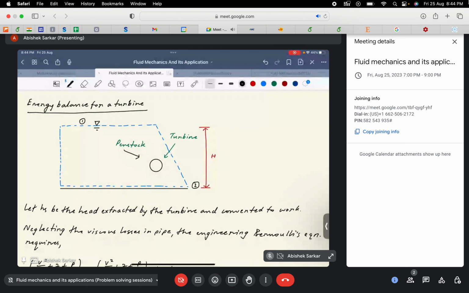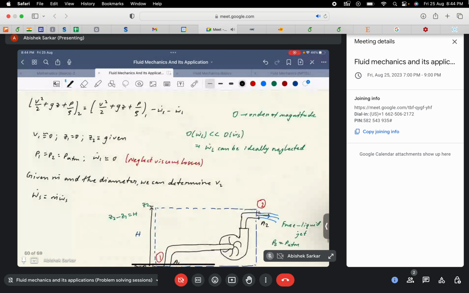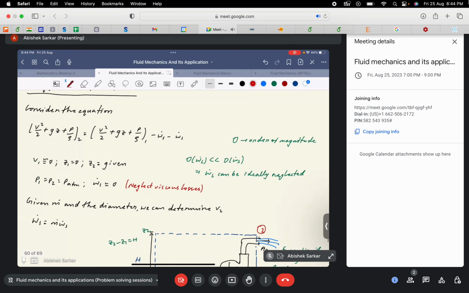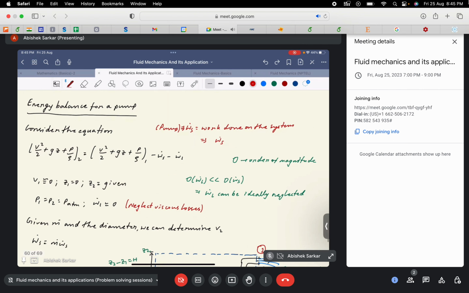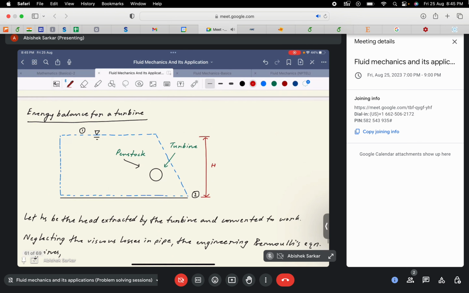So ideally we will observe that in the case of pump, W dot S is work done on the system. So this implies W dot S is negative. Again, in the case of turbine,